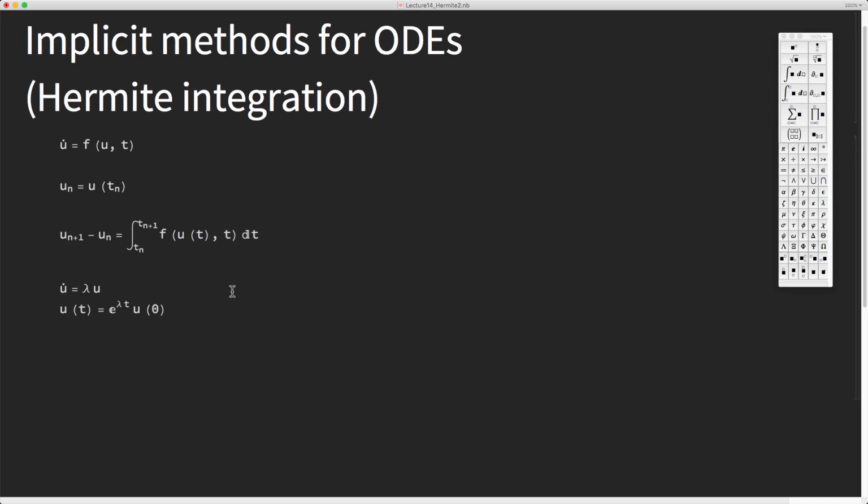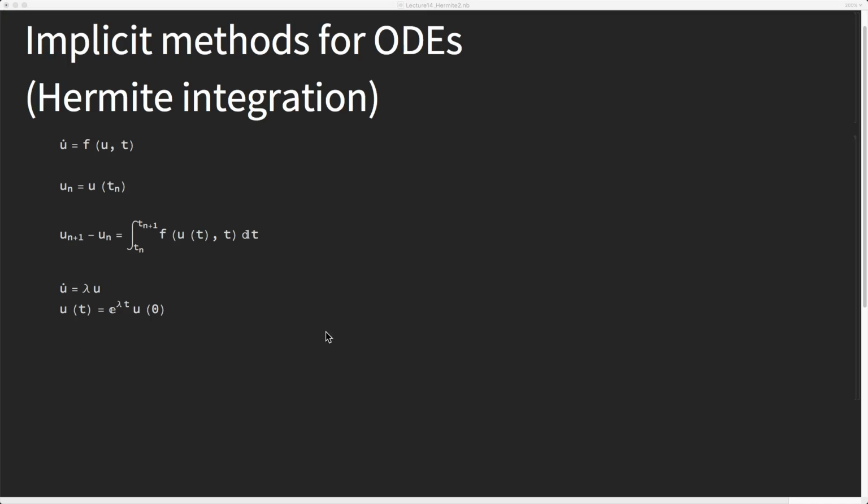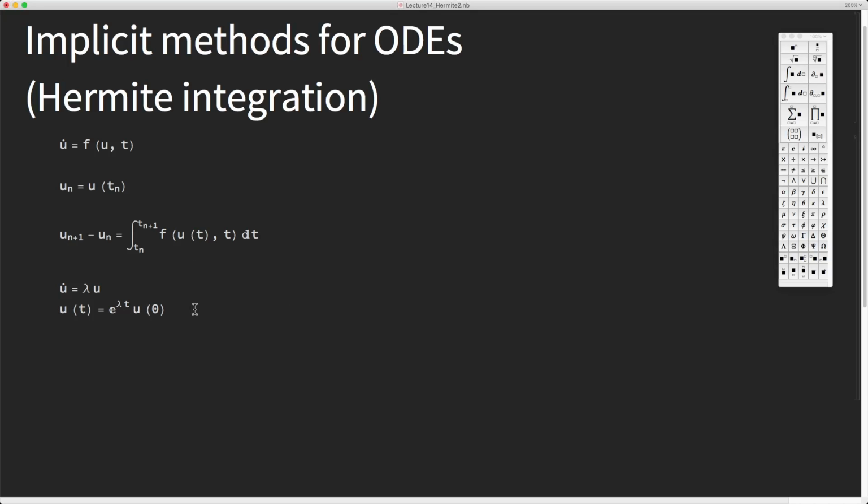So if u is u0 initially, then after some time t, the solution is e to the lambda t times u0. Okay, so this is the analytical solution, but